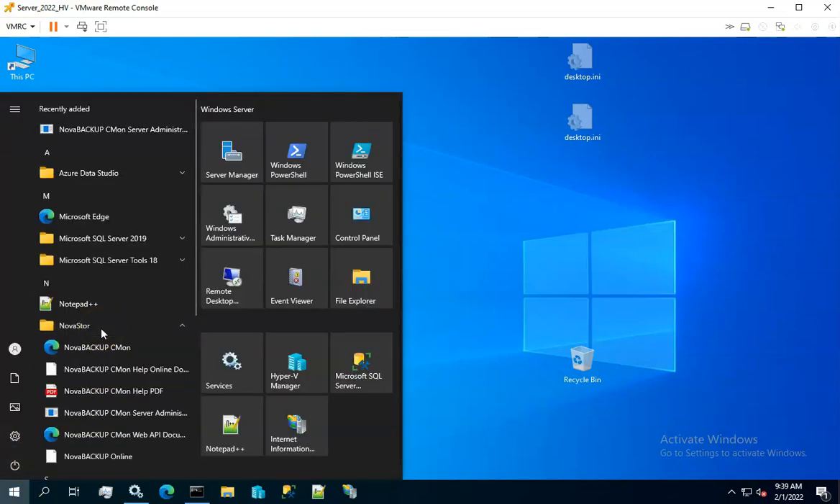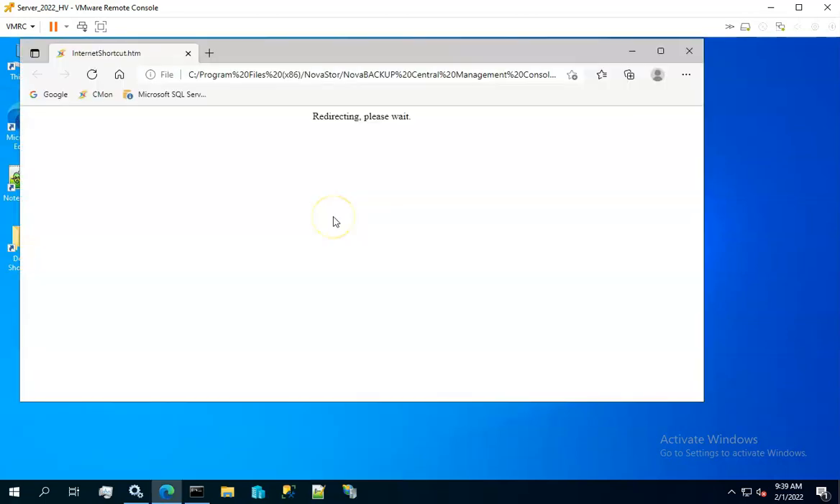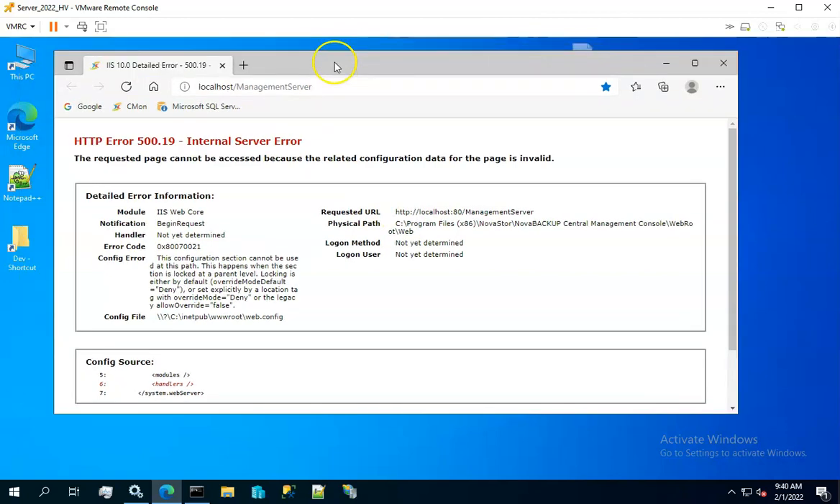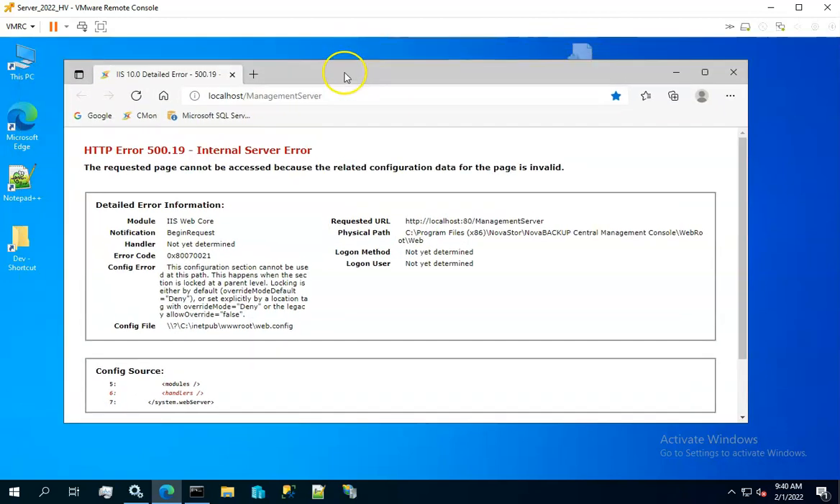This is a fresh install. It could also happen on an upgrade install, but that would be more rare to see. So we'll go ahead and start the CMon, which is basically going to call the shortcut. That's the website. And this is what you'll see if you do get this error that we're talking about. Basically it's an issue with IIS in regards to permissions. So in this case, we get an internal server error